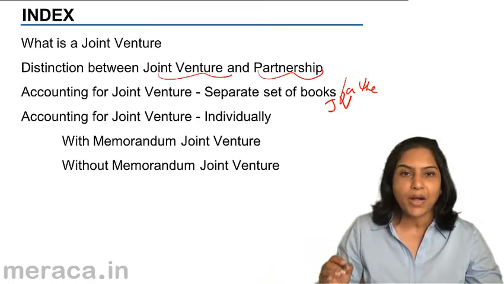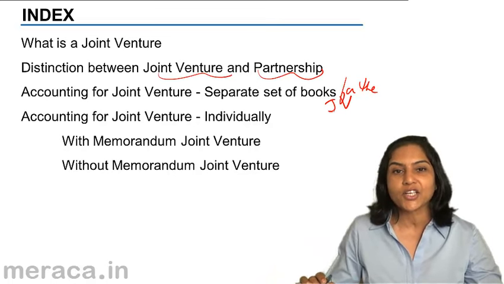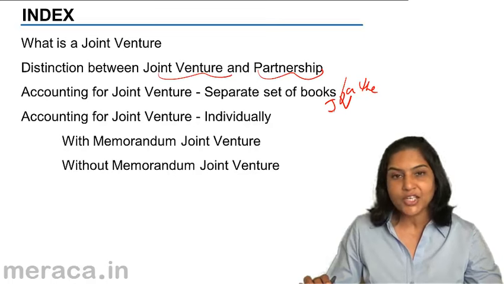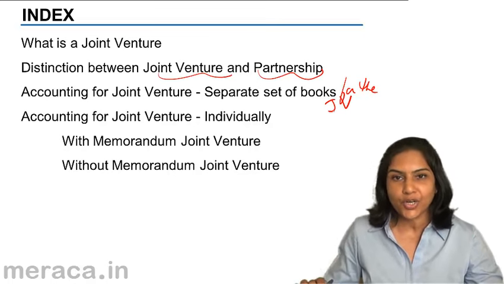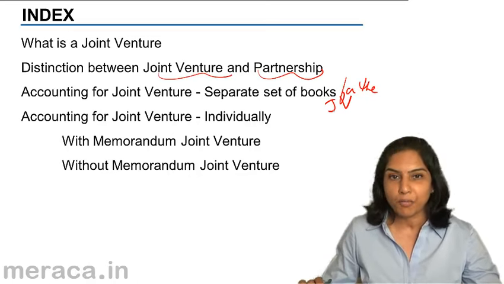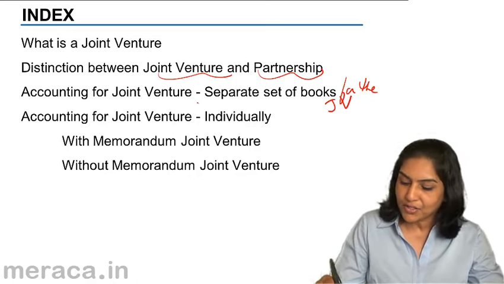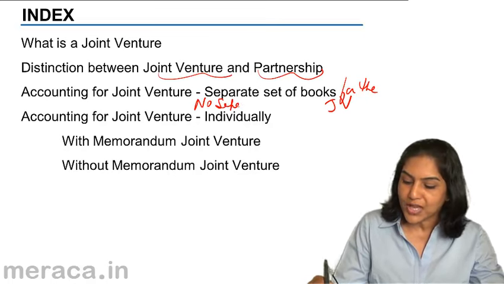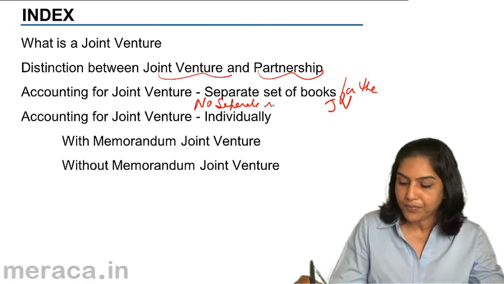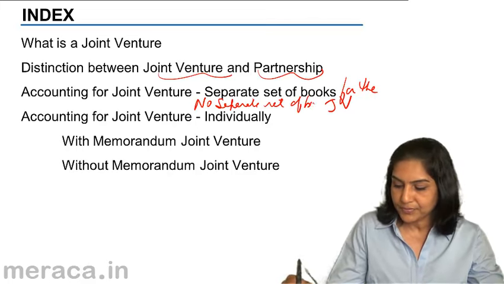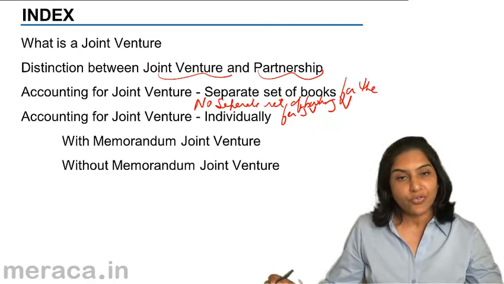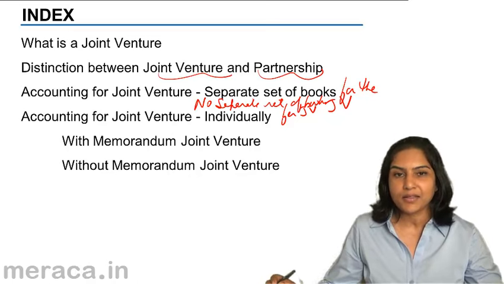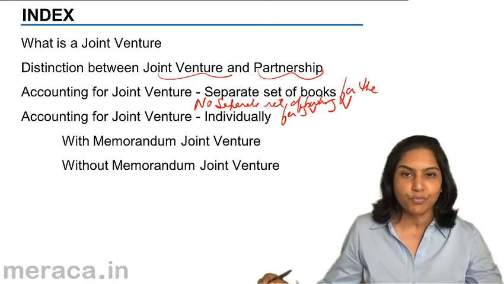So each partner, we don't call them partners, we actually call them co-venturers. Each co-venturer keeps accounts relating to the joint venture in his own books. So where there is a separate set of books and where there is no separate set of books for the joint venture. When there is no separate set of books and each co-venturer is keeping the records for the joint venture in his own books,